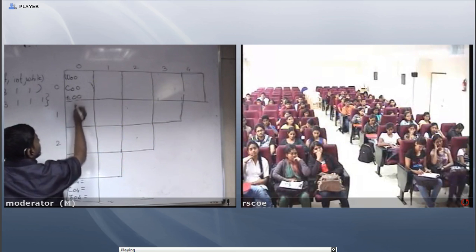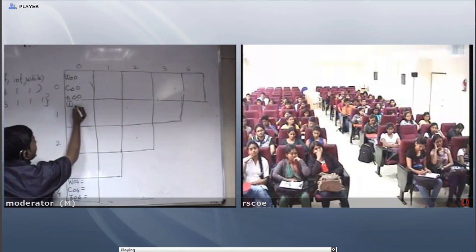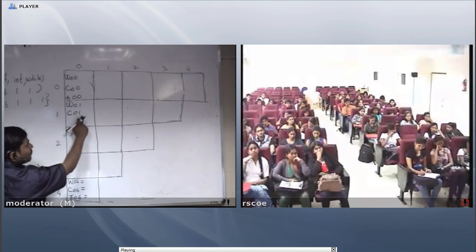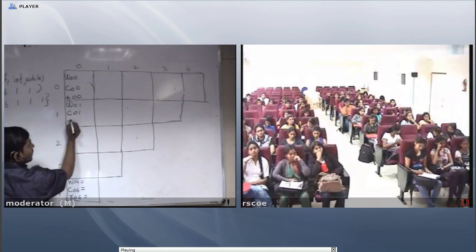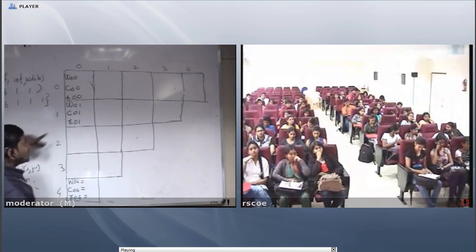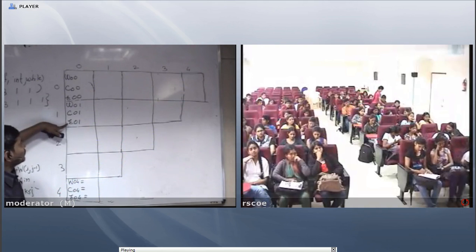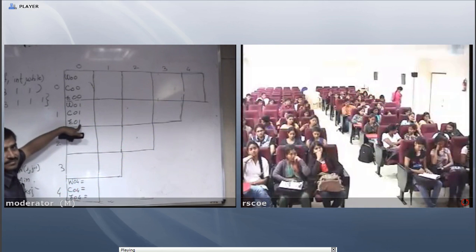Now I want to find the cost of 0, 1. To find it, we first calculate the weight of 0, 1, and then only can we say which is the proper root from 0 to 1.